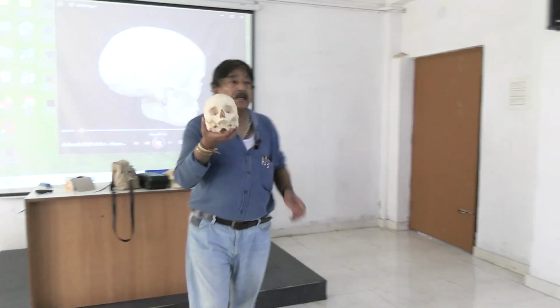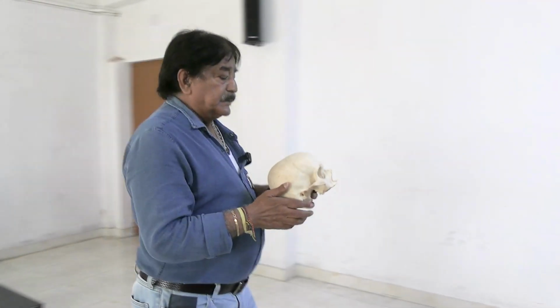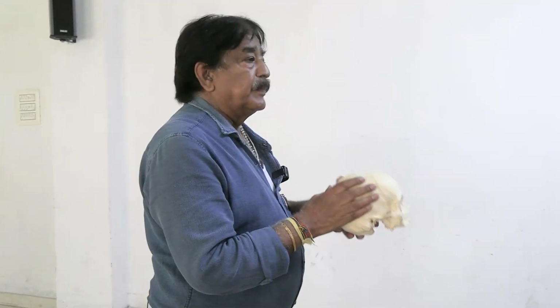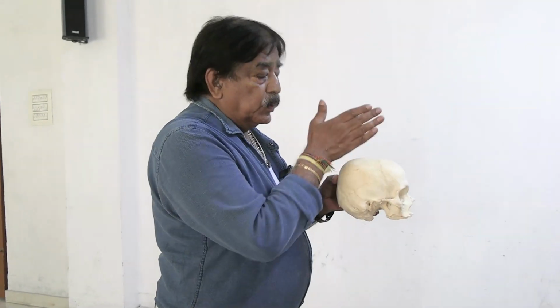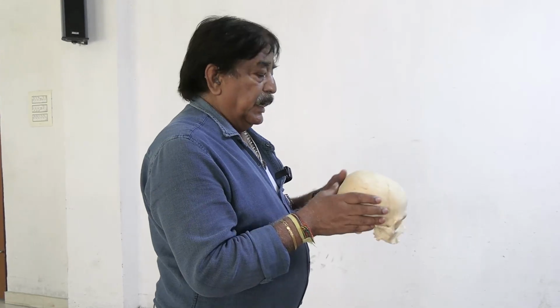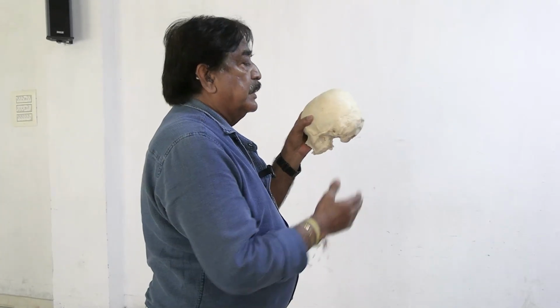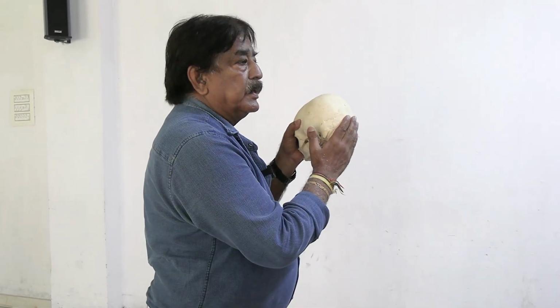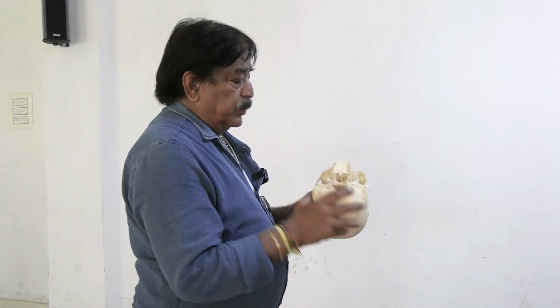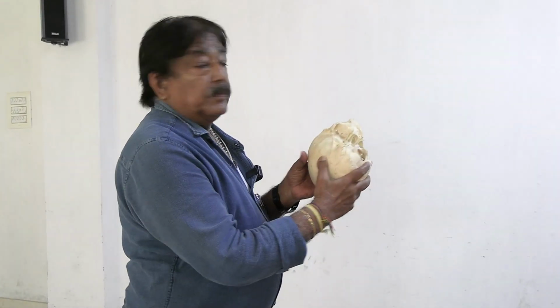Now this is the skull, which comprises the frontal bone. These are the parietal bones. The bones on the lateral side, norma lateralis. And in the posterior aspect, this is the occipital bone. And your sphenoid bone from the